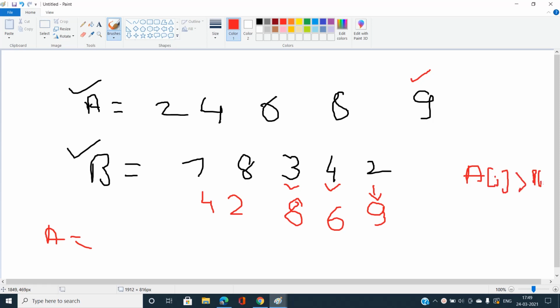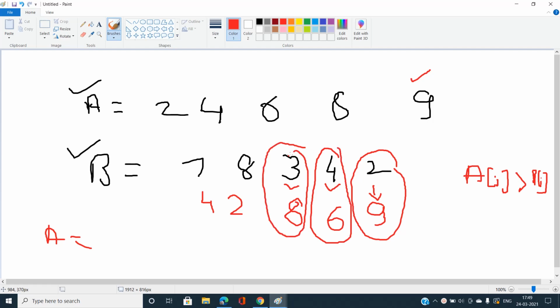Let's find it out. You can see 9 is greater than 2, obviously, and 6 is greater than 4, obviously, and 3 is greater than 8, obviously, but these two indices are not valid indices. So what should be our answer in this case? Okay, 3. So basically I am going to pick up the minimum element of B and put the maximum element of A at that index. But you can see I am getting the answer 3.